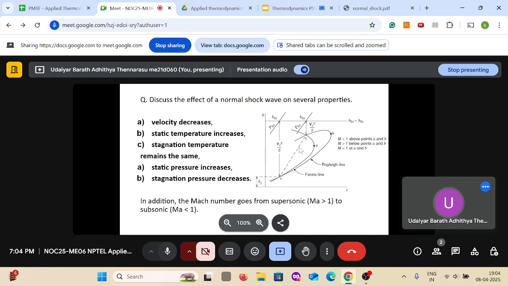Instead of following these lines, it now jumps from here x to y, because of which you have a pressure drop from P0 x to P0 y. So your enthalpy at these two conditions will remain the same, and if you see, the velocity has decreased from this to this. So what it is saying is, across a normal shock you have a velocity decrease, and then your temperature will increase, and then your pressure will increase, and then your stagnation pressure will reduce, and your stagnation temperature will remain the same because your stagnation enthalpies are the same.